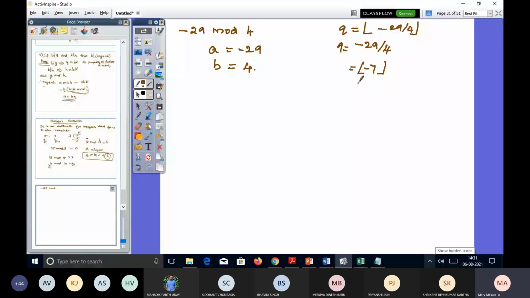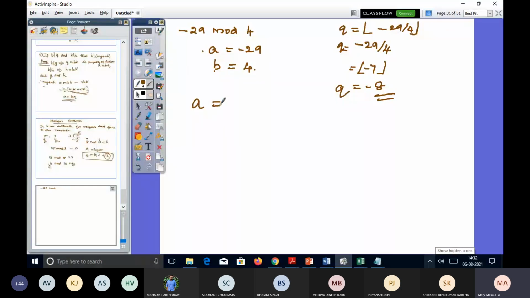So now we know the value of A, we know the value of B, and to find the value of Q, you can use this particular method. Okay, so now you've got A, B and Q. Now you can just prove it and see how the remainder is equal to 3. So how can you prove it? By using the division algorithm.